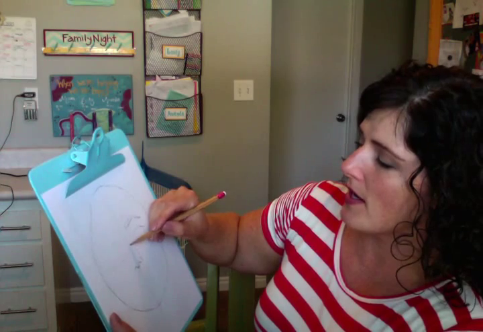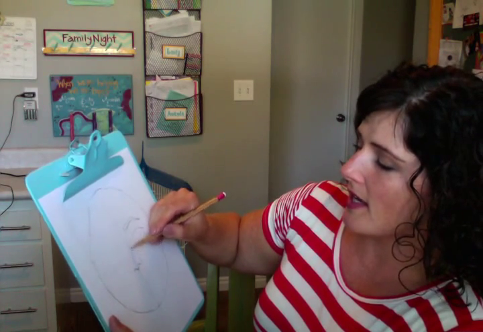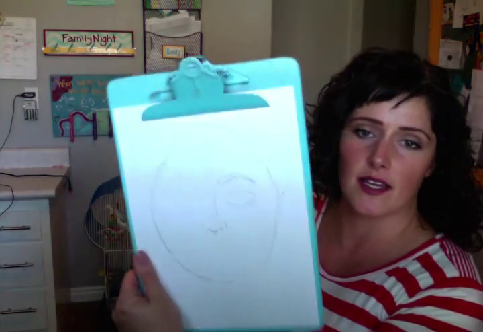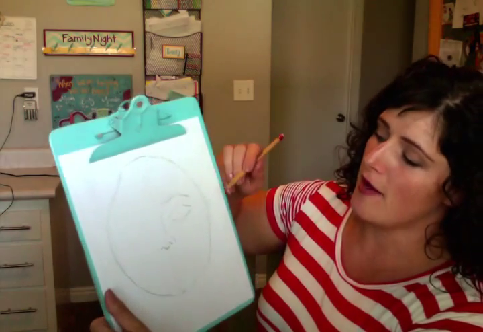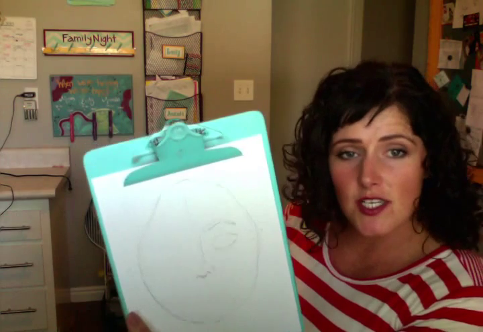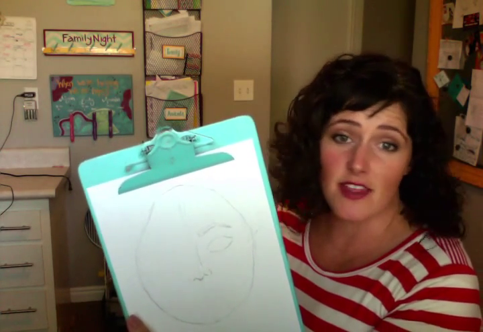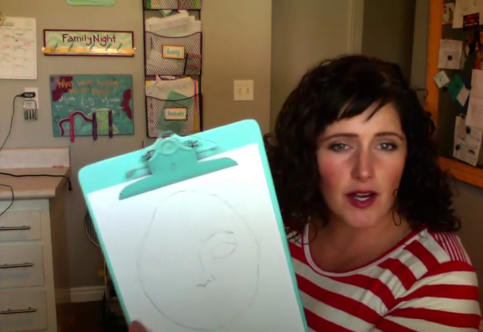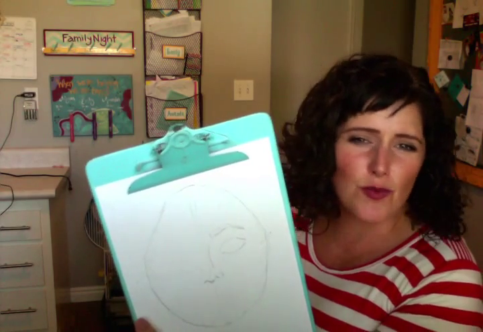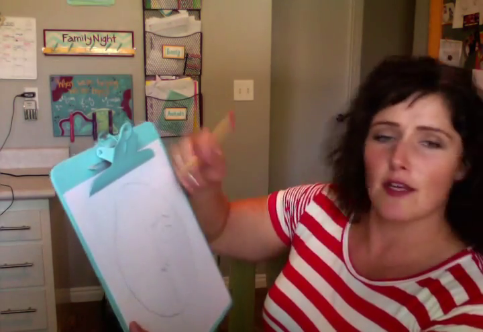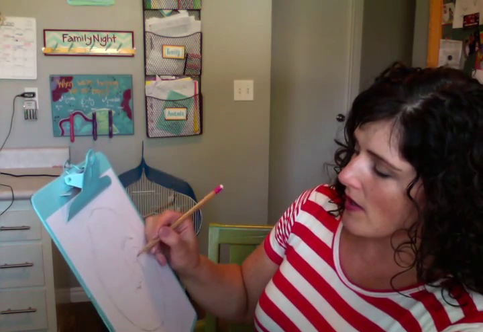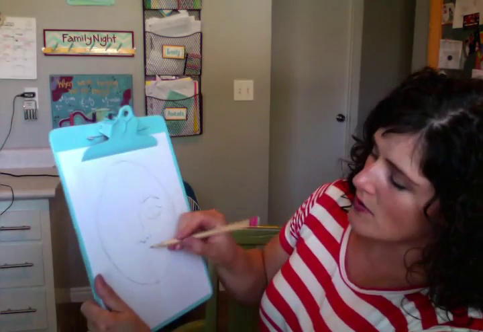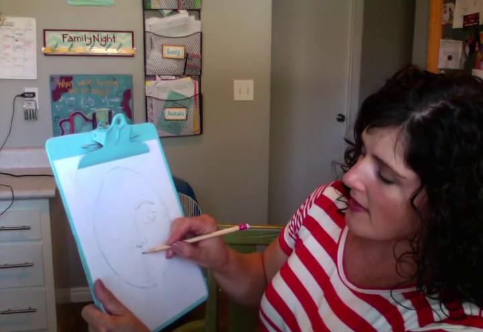And then you can put in one side. I tend to go for one side because I like to keep it minimalist, because I do struggle with noses. They're not so fun, and we don't really want to take too much time. I mean, if they want to shade, let them go ahead and shade. But with the watercolor, you don't want to get too worked up about it. Let's just keep it loose. Keep it flowing free. So you're going to put in your eyes and your nose, and then underneath your nose, you've got that little